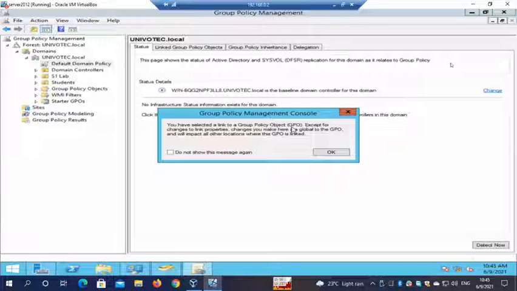So here in the default domain policy, what you have is some common policies which will apply to all the users in the domain, right? Common, for example, password complexity. Password should be complex. Password should be minimum 8 characters. Then we can put things like locking the account after 3 invalid attempts, right?